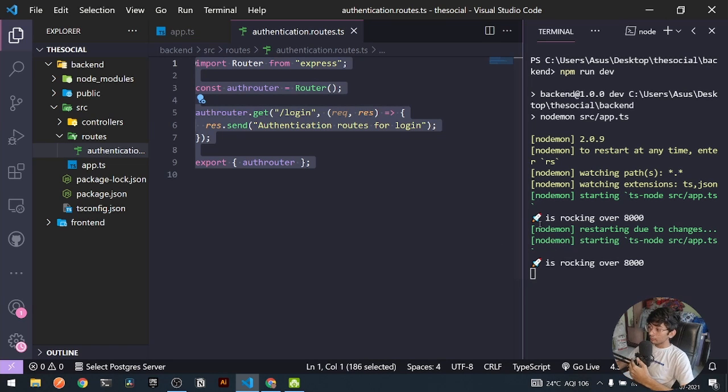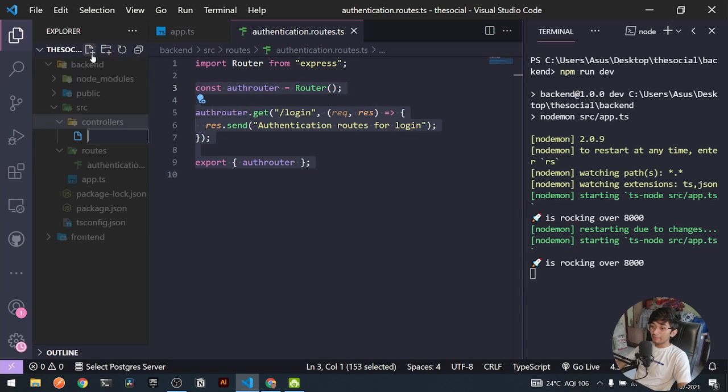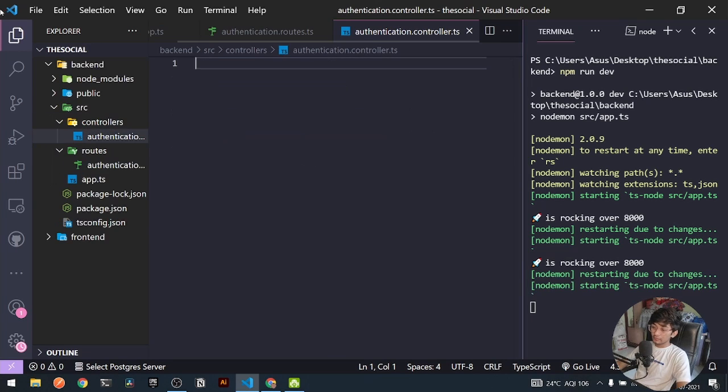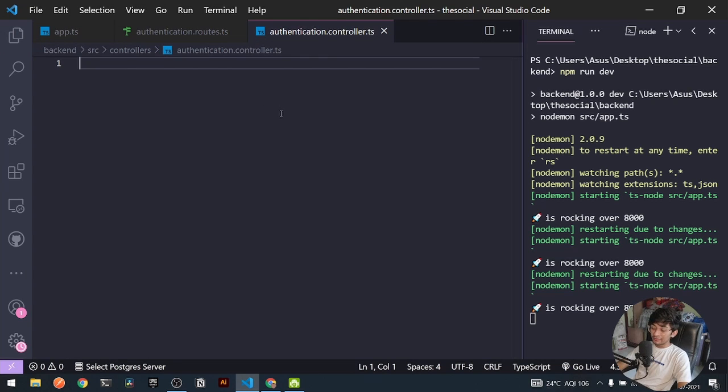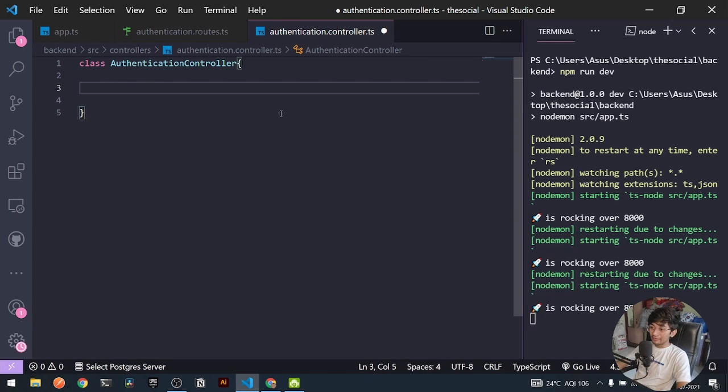Now what I can do, we can define some routes for our entire system. For example, we shall be having routes for login and also for sign up. And for that purpose, let's have some defined methods. So first thing first, under my controller, I can add a new controller known as authentication.controller.ts. Right, and under this I can define certain methods. First of all, I am gonna be having a new class, let's say authentication controller. Right, this will be my entire class, and under my class I will be defining certain methods for login and sign up accordingly.